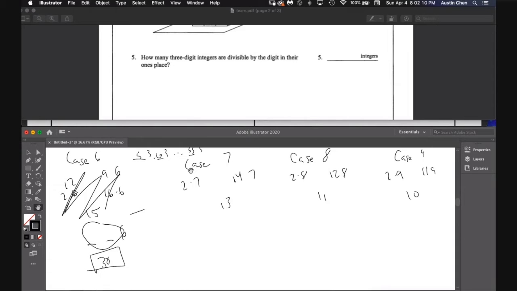And yeah, on the actual test, you don't have to think this deeply through. You can just remember, if I have a 3-digit number and it needs to be divisible by 7, and the unit digit is already divisible by 7, then I need the upper 2 digits to also be divisible by 7. Okay, so then it's just going to be what we had before, which was 13. Okay, in the case 8,